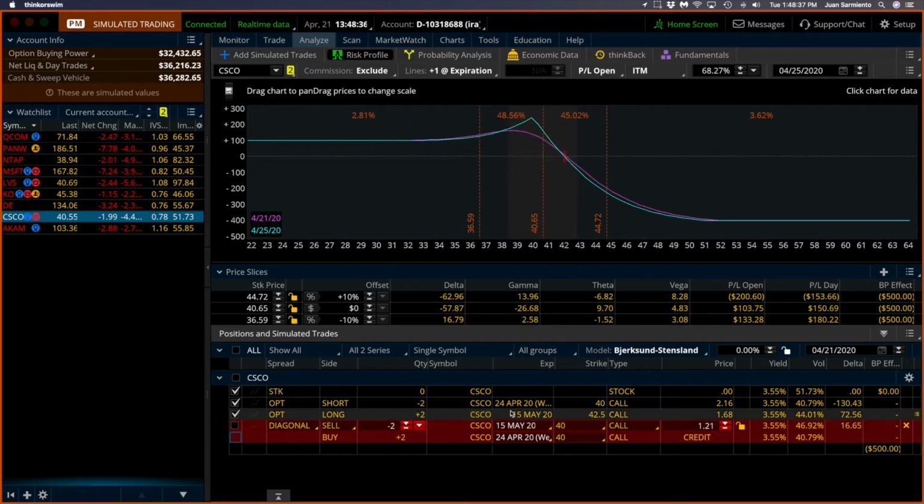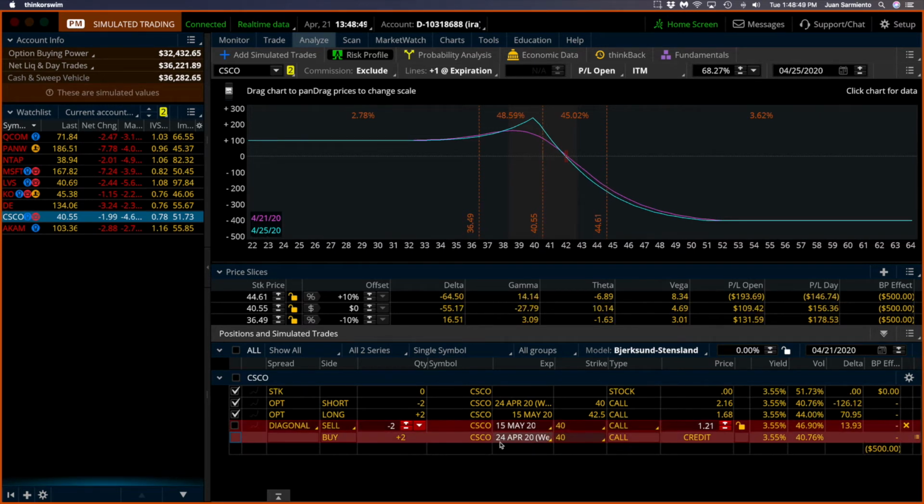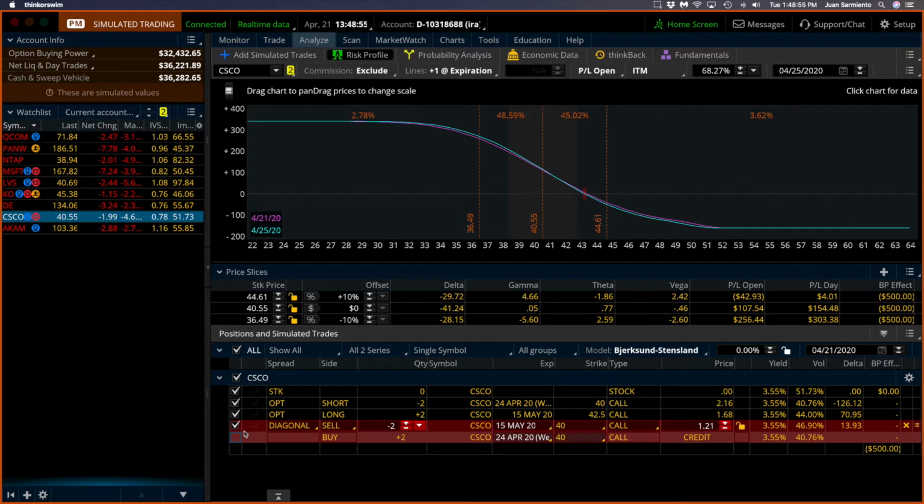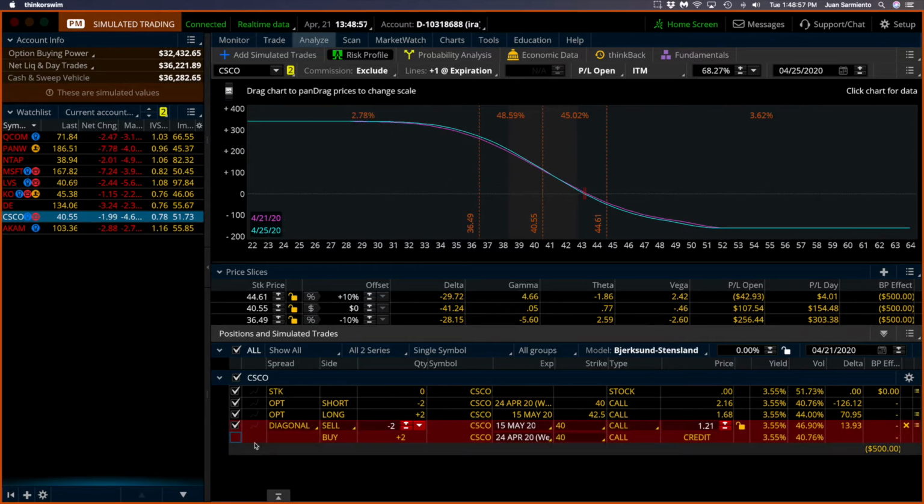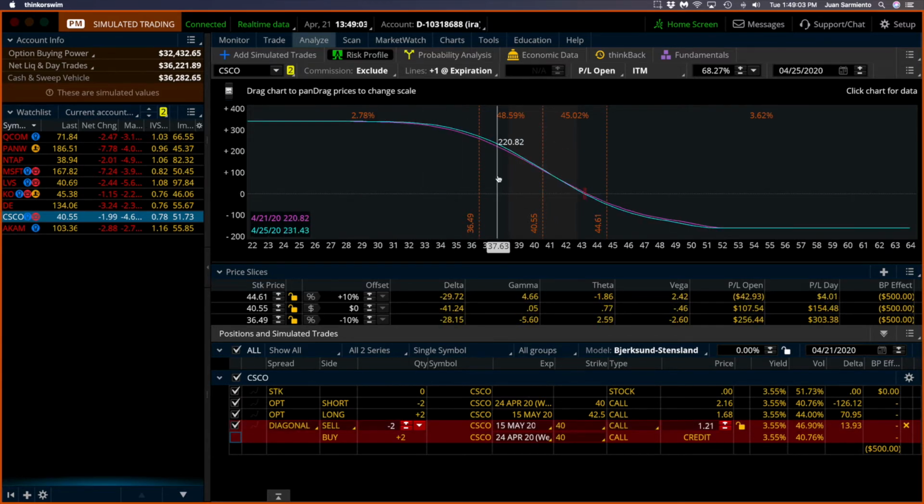And this one is about to expire anyway, this 40 call. Okay, it's very close to expiration on Friday. So all I have to do in this case is roll it over from April 24th to May 20th, and then that becomes a bearish trade. It is a bearish trade to begin with. Okay, it was a diagonal, now it becomes a vertical. Okay, and my risk,